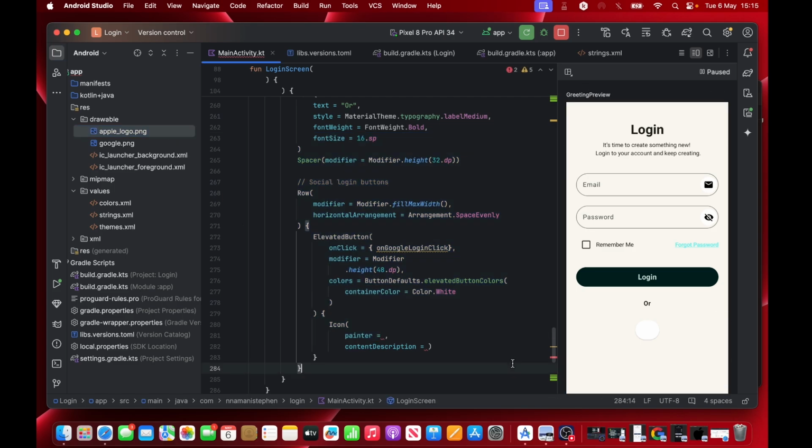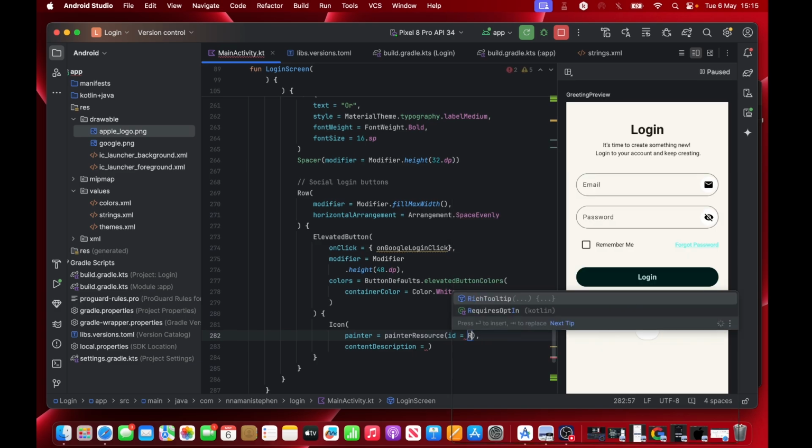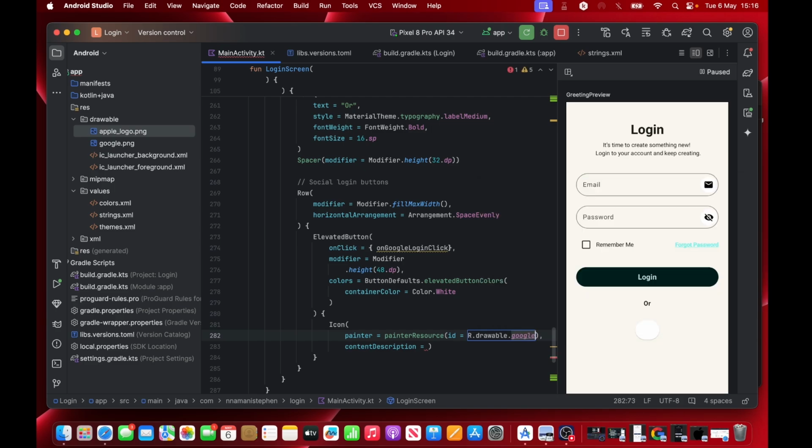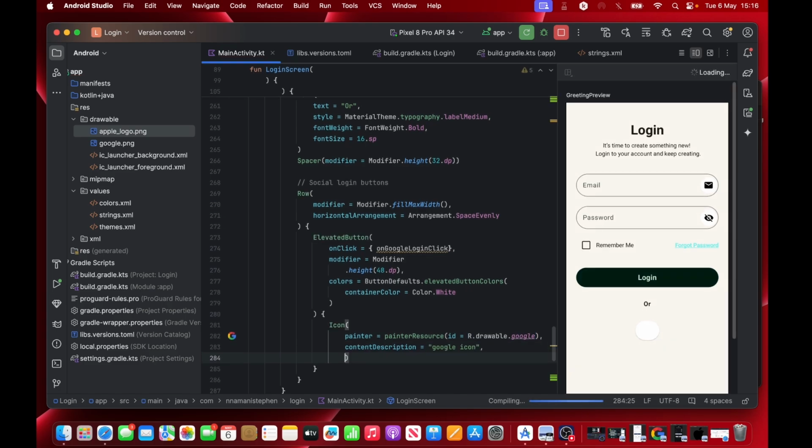Right, so down here now we're going to call Image and we'll call painterResource, and this is going to be our drawable, the first one is Google. Yeah, so that's our icon right there. So after that let's just call this Google icon, and after that let's set our modifier